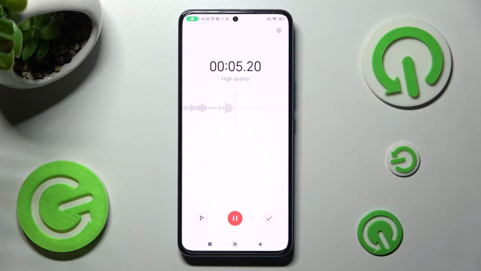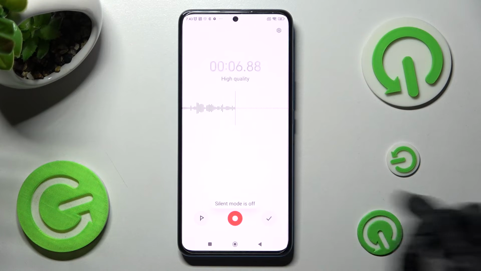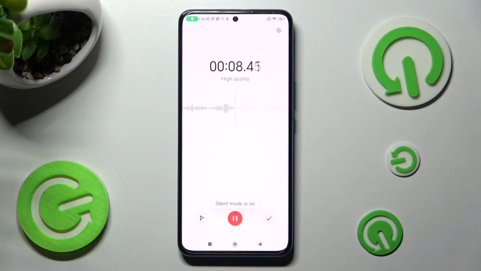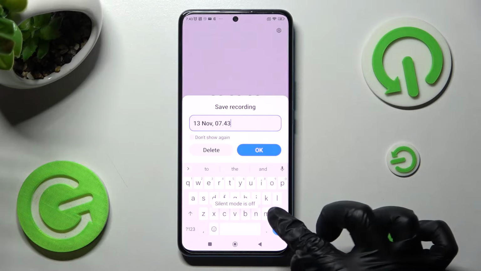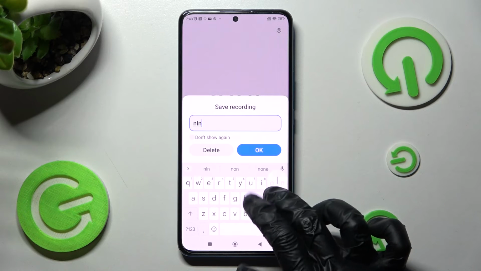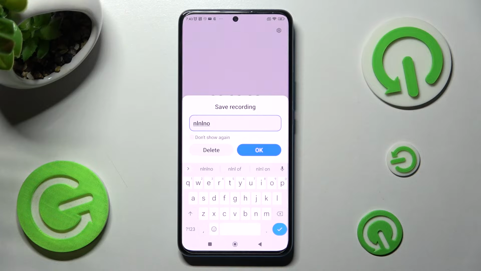You can pause it or unpause it using the same button. If you wish to, you can always add a bookmark by clicking on the left one and end it and save it by tapping on the right one. Now name it however you want to and delete it right away by choosing Delete or tap on OK to